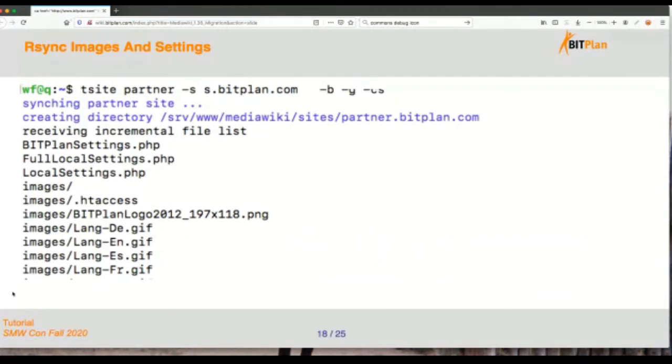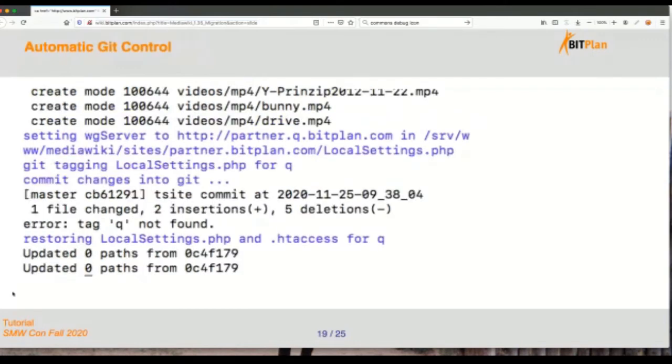So that's done with an rsync. First thing is we copy all the stuff that is relevant, in this case, the settings, which in our wiki family way are split into multiple files. Then we put the stuff under Git control. That's something we do now because we want to be able to actually go back to something that happened a few days ago.